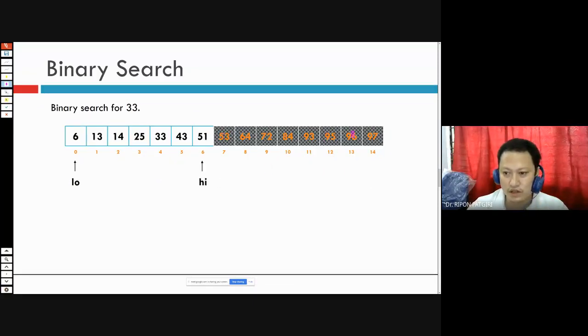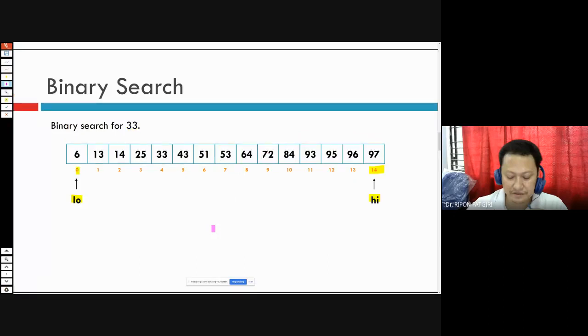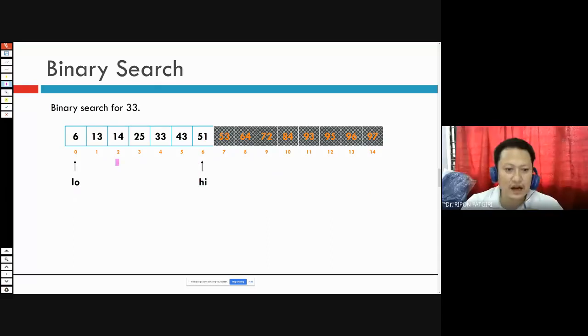We will not consider the right half, so mid becomes high. High is 6, with 51 there.